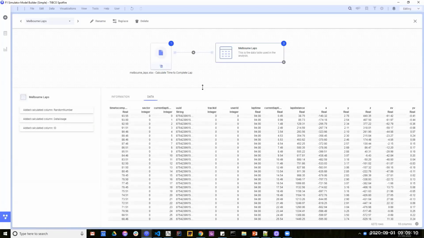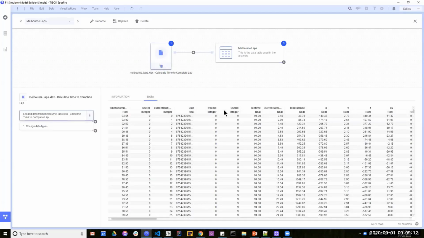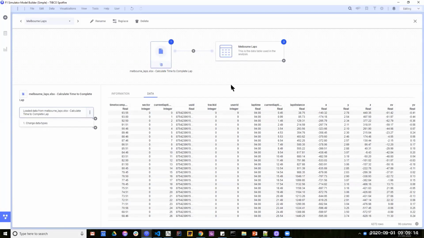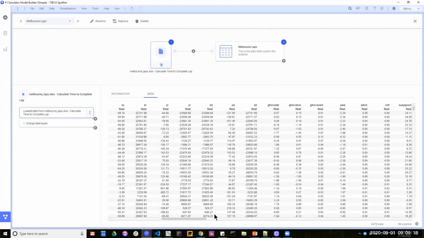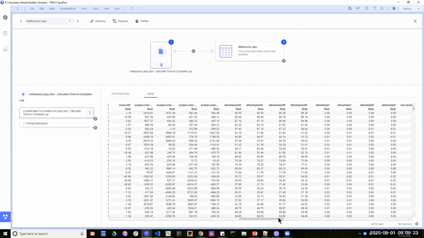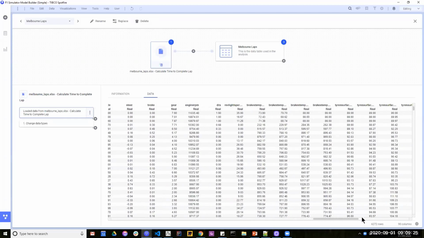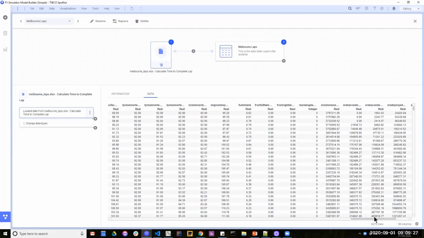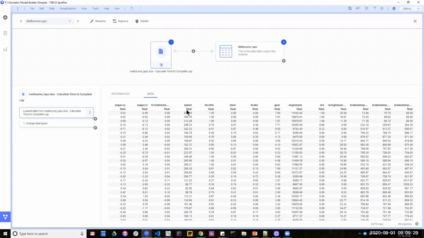So the data I've got in Spotfire here that I've read in, I just had this in Excel, but it could be from a database or from anywhere. This is a data set of information from lap times from a Formula 1 simulator game that we have at TIBCO. And what happens is people race the laps, it pulls out all this data. So each row is a